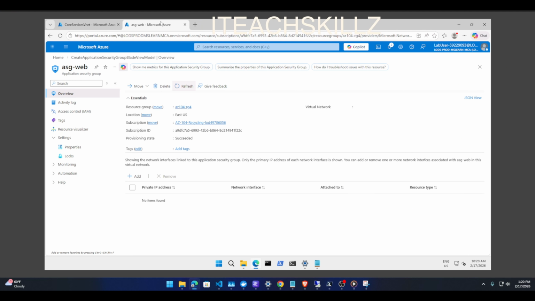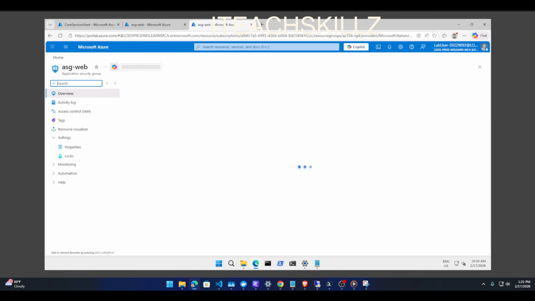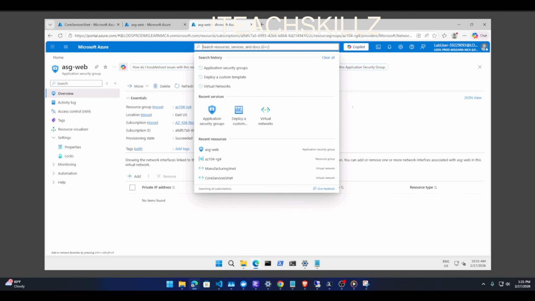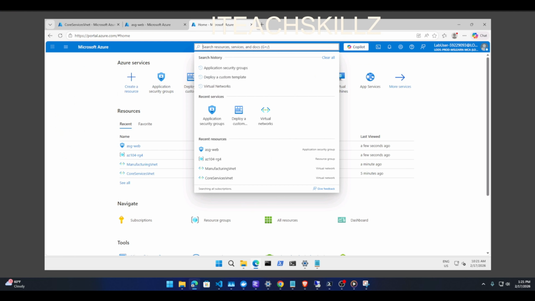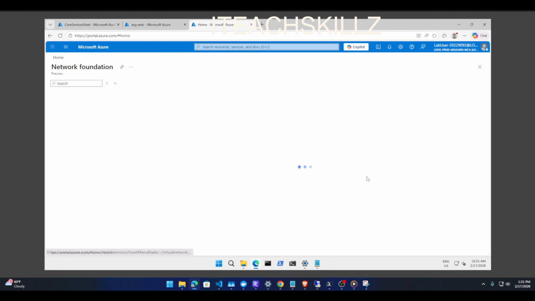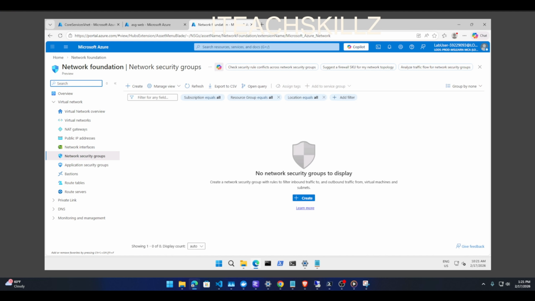Next thing we need to do is actually create a network security group. NSG is short for network security group. So we're going to go home, search for network security group. On the network security group, we don't have anything at all, so we want to go ahead and create a new one. So hit create,